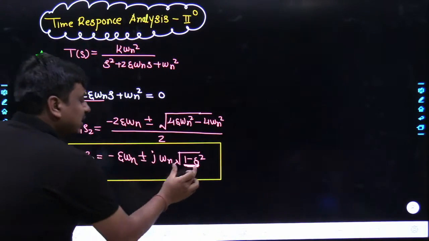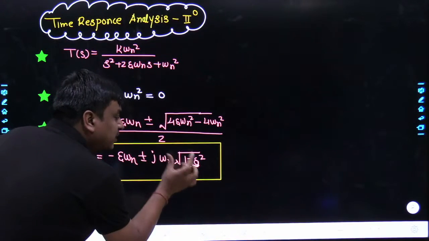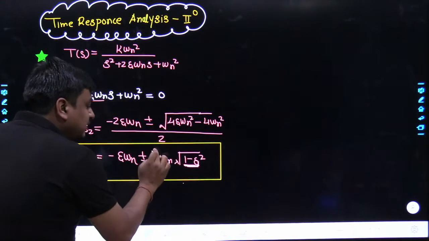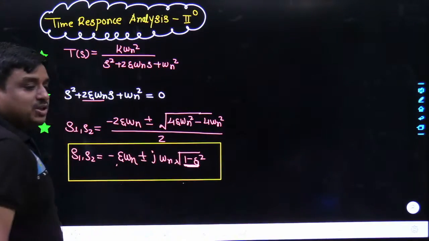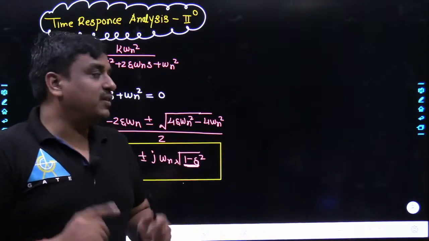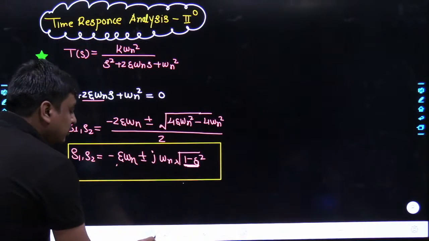What does that mean? That means it will not create iota, and if it does not create iota, definitely this iota would remain as it is. Put together, this becomes a real part and this becomes an imaginary part. Till this point, each and everything must be clear to all of us. So in future, what I would be doing,